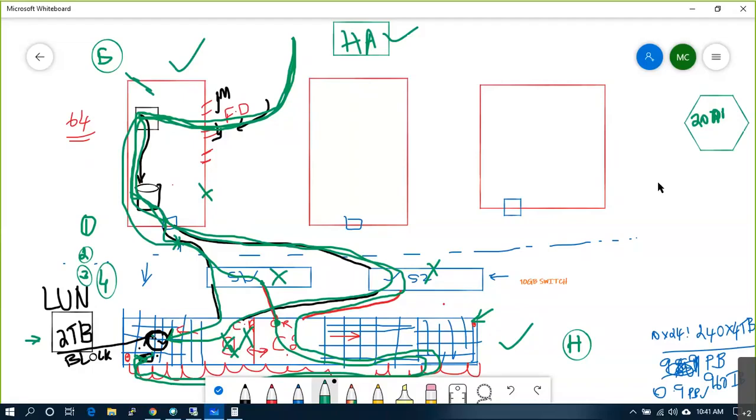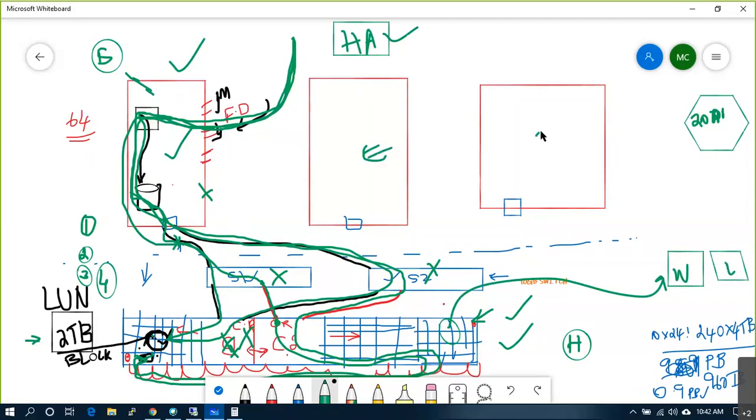Now how will this storage system come to know that I have assigned this storage to this guy, and some storage to some other guy, some other Windows server, some other physical Linux server, some other ESXi?